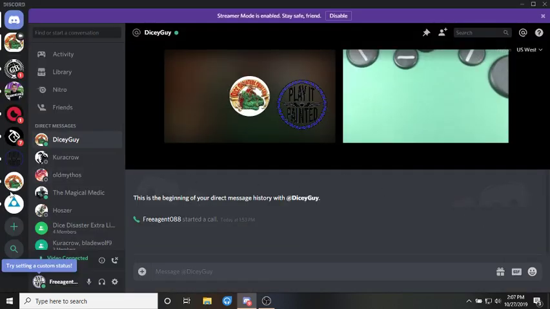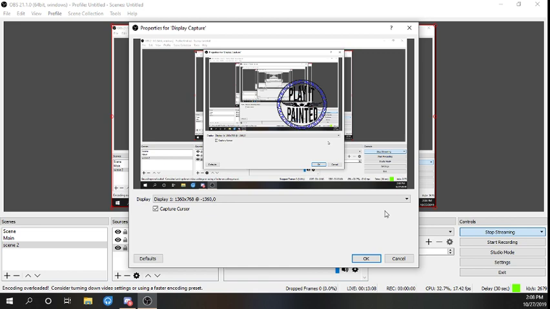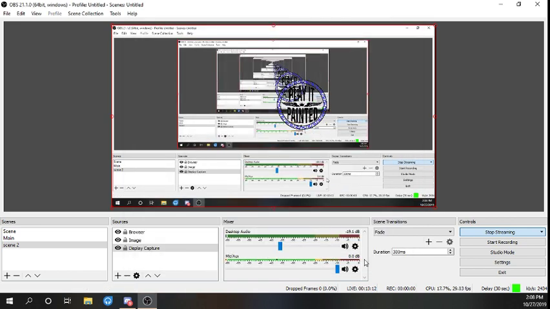Let me try screen sharing a different thing. This is the thing I have. I don't know if you can see it. Change this display capture, and I'm going to change it to display 1. Okay. So I'm going to leave it there for a second. And I know it's like super Inception, but if you look on my OBS interface here,